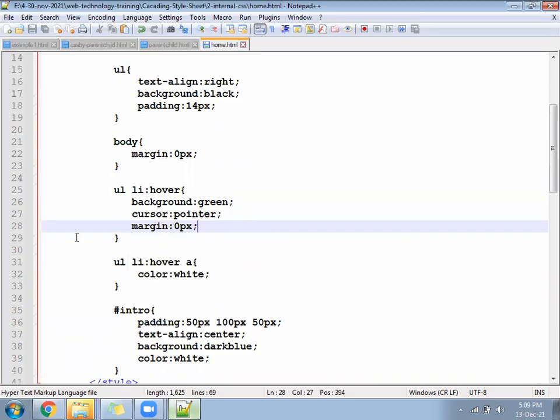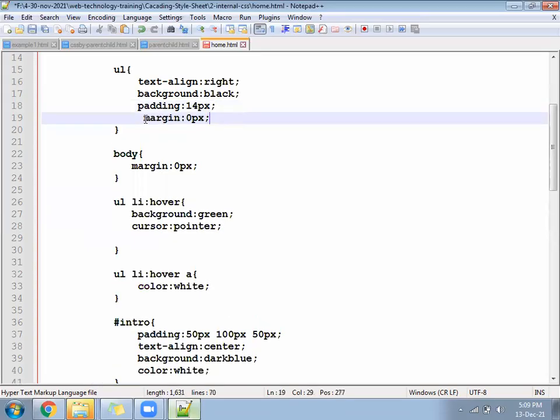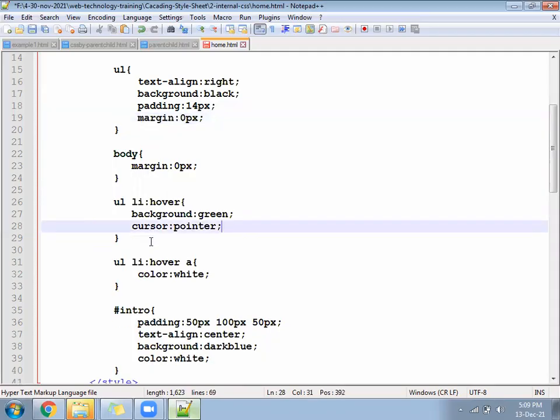Oh, sorry, for the UL tag, that's right. Under the UL tag, you have to write margin 0 px. Try that.